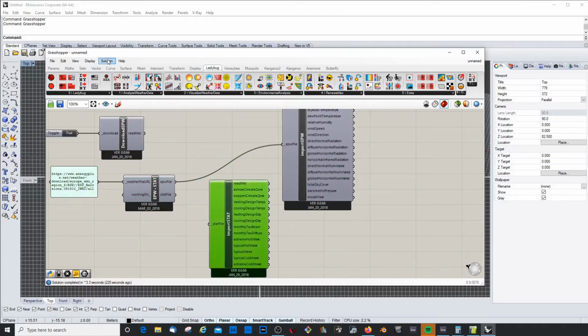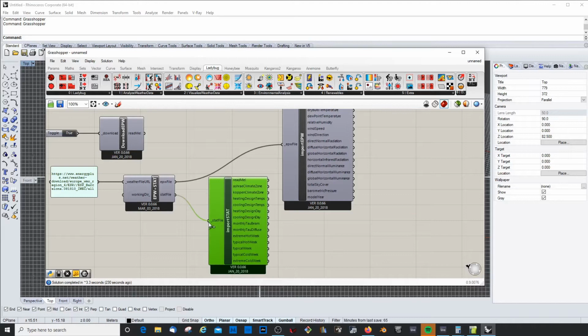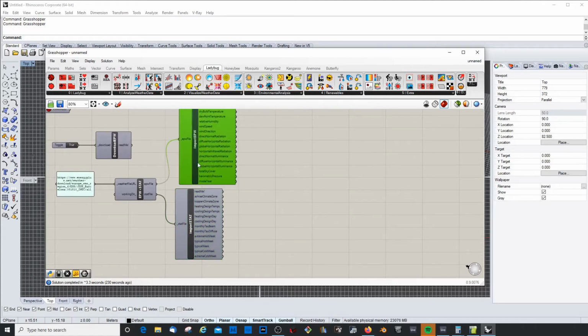So if I use this component here and I plug in the stat file, then again with a panel,